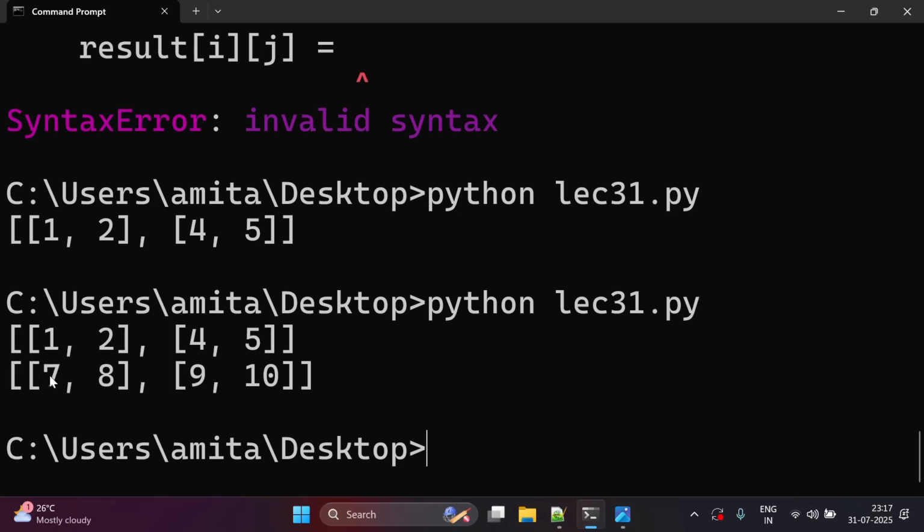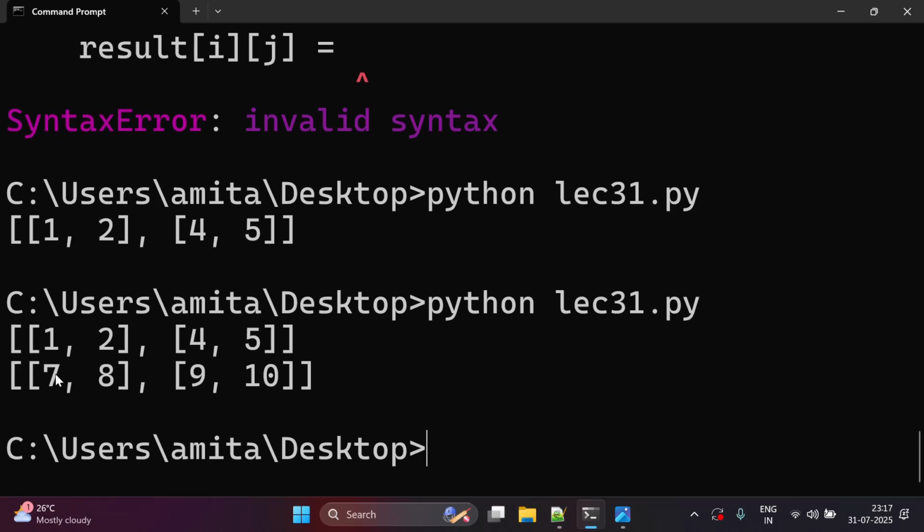So 1 into 7 plus 2 into 8, that means 7 plus 16. If you write this, it will be 1 comma 1 of the first matrix, then multiplied to 1 comma 1 of the second matrix. Then it will be added,